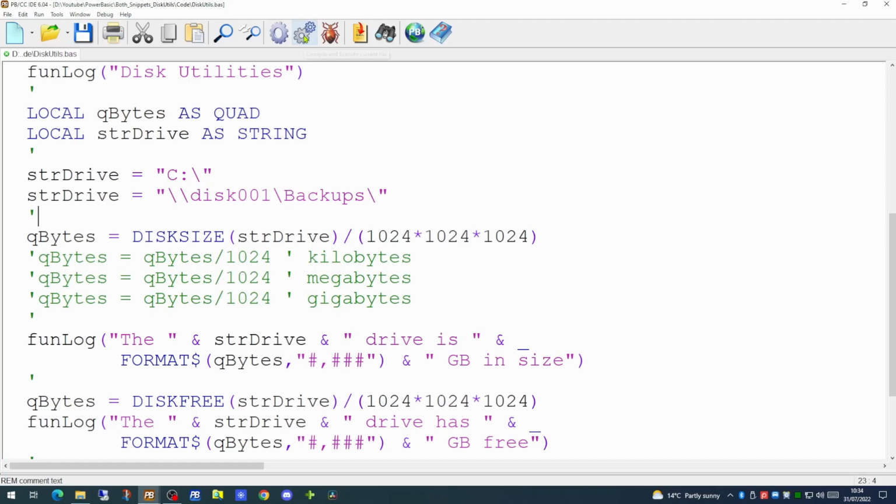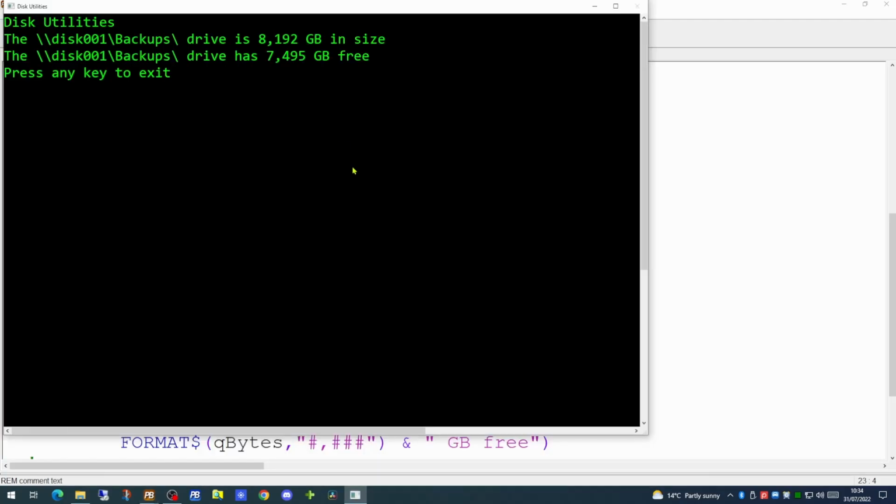If we run that now, we will see that the disk001 backups currently is an 8 terabyte drive, of which it has almost 7.5 terabytes free. So you can use these two commands to determine the capacity and free space on any drive in your system. And if you have a network drive to which you have access, you can determine how much space is left on those as well.